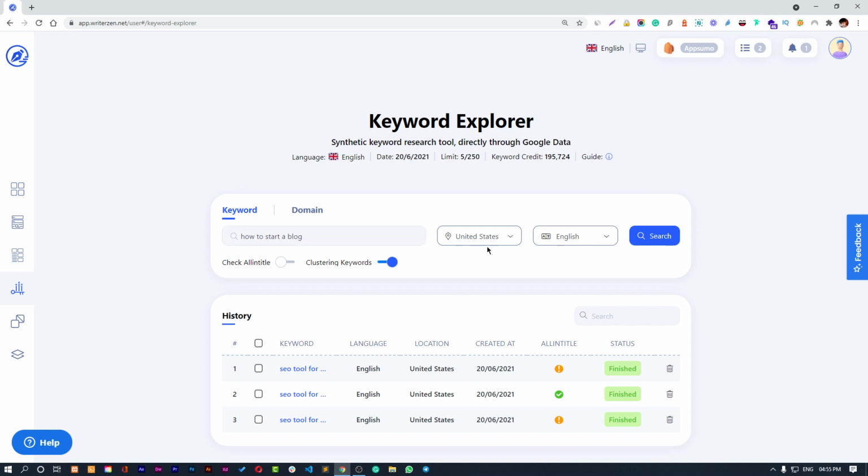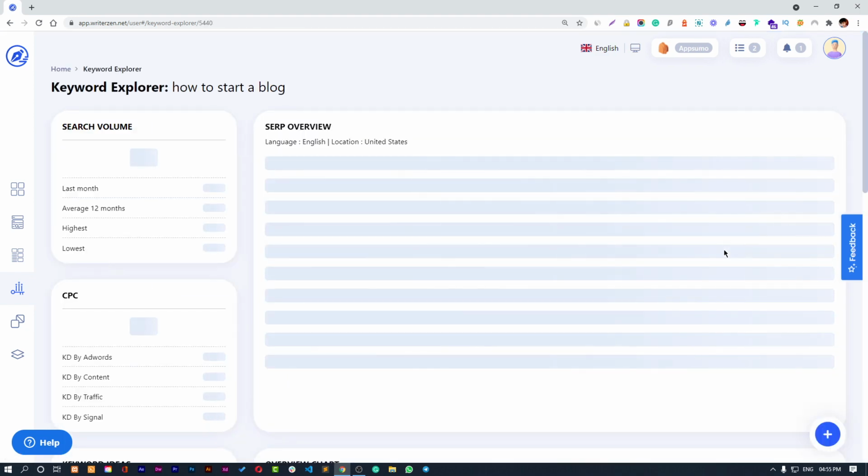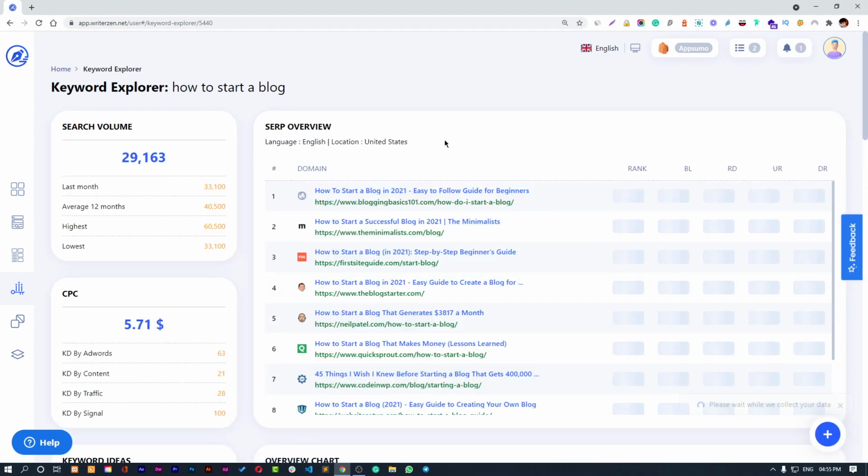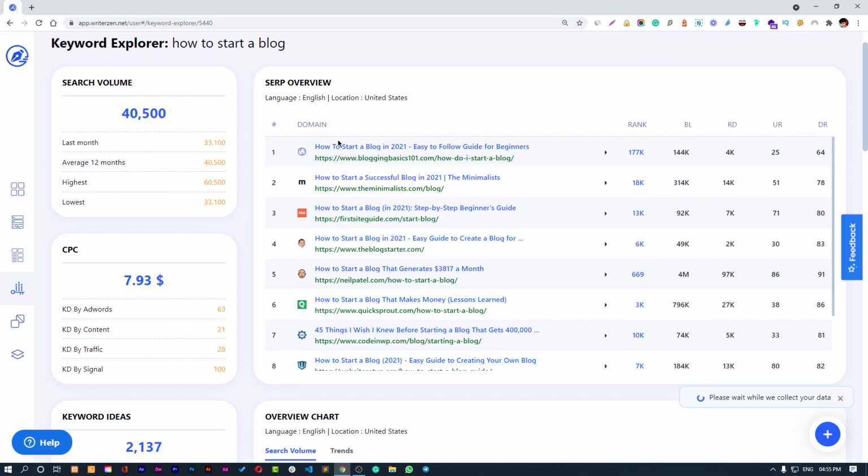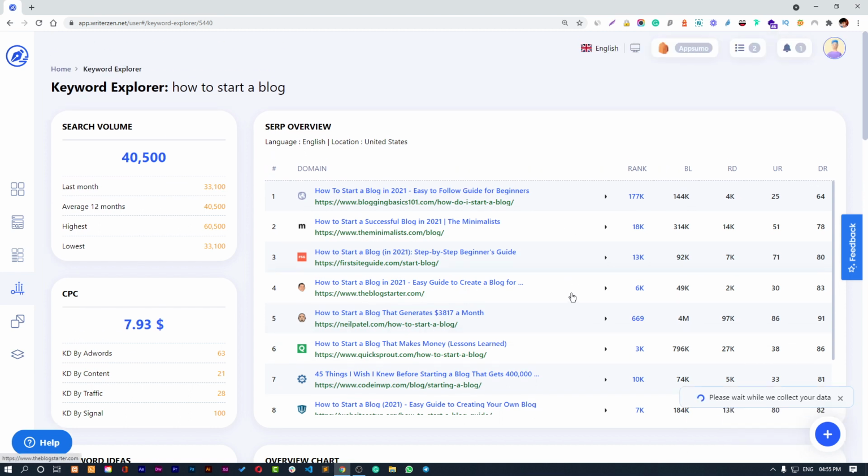So for this tutorial, let me show you how to use this. I have enabled it. Let us use the default location, that is United States. You can choose any other location if you want to, and I will keep the language as English as well. That's the default one, and let's search it. As soon as you click on the button, you will see the interface, where you can find all the websites, all the competitors, their ranking, and all these domains. You can see their domain rating, that's pretty high.